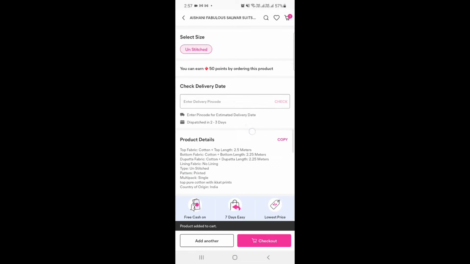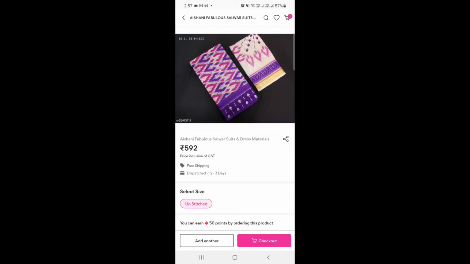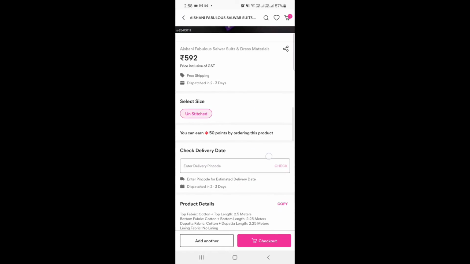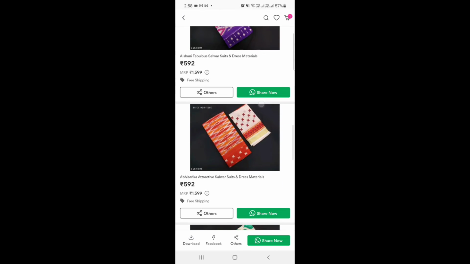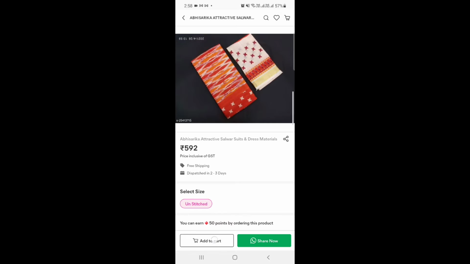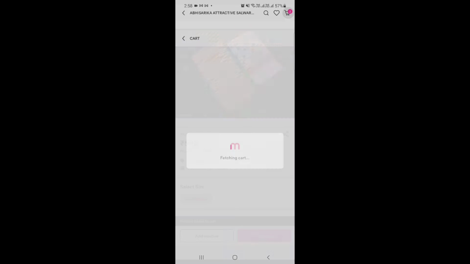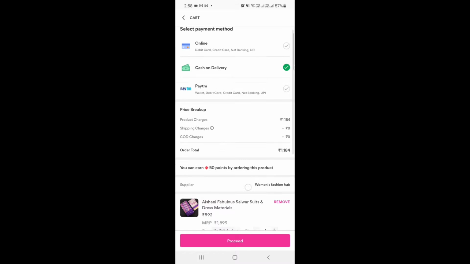So this happens when you are trying to order from multiple sellers. It doesn't allow it. You can only order from the same seller in one go. So if you try to add another item from this seller, you will be able to do so. So this time it let you add both the products here.